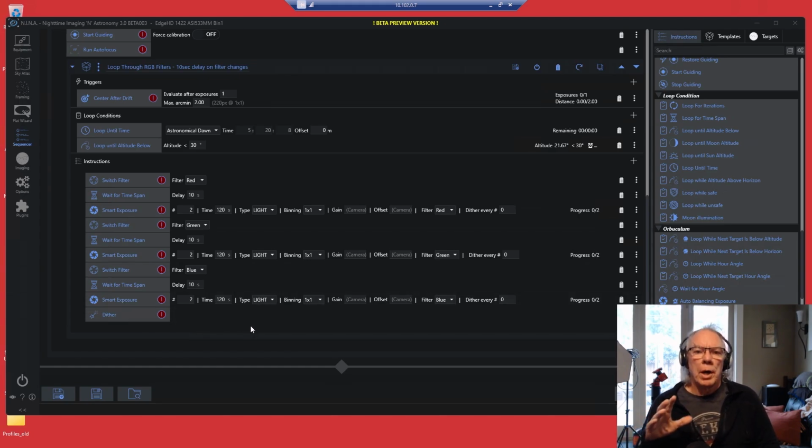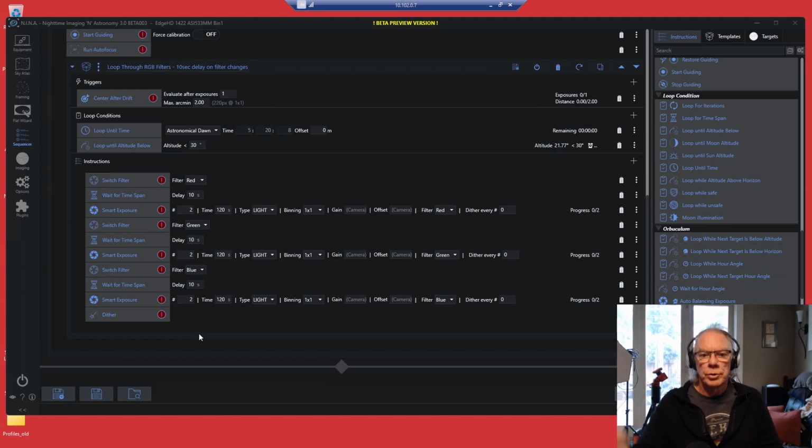I'm using my ZWO ASI533MM Pro camera. I'm comfortable shooting two exposures and then dithering. And what I can do with the loop is reduce the number of dithers per unit period of time, because I shoot red filter two, green filter two, blue filter two, and then I dither, and then this loop starts again.